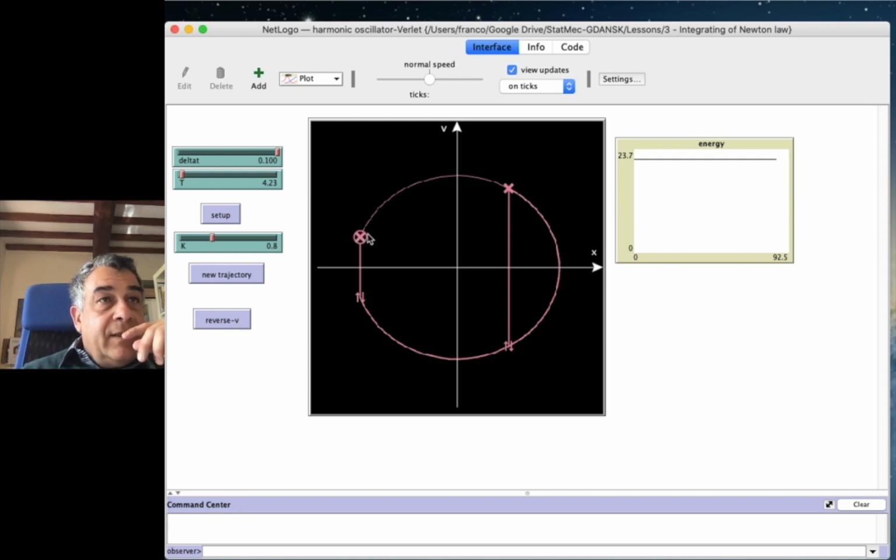I already had the X, and I mark it now with a circle. So these points mark when I inverted the velocity, and clearly X marks the starting of the two trajectories, and so clearly I can, better